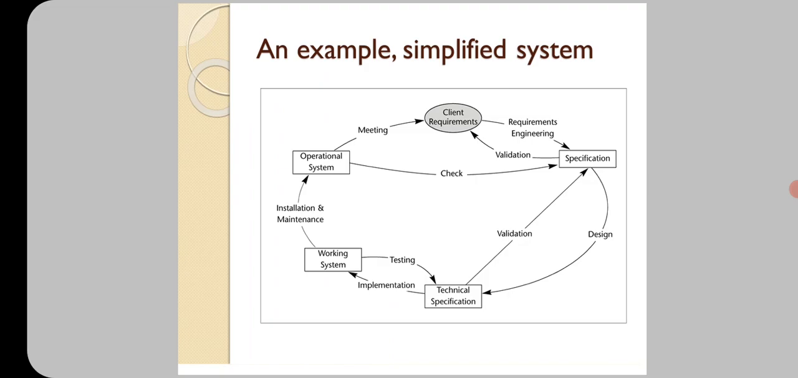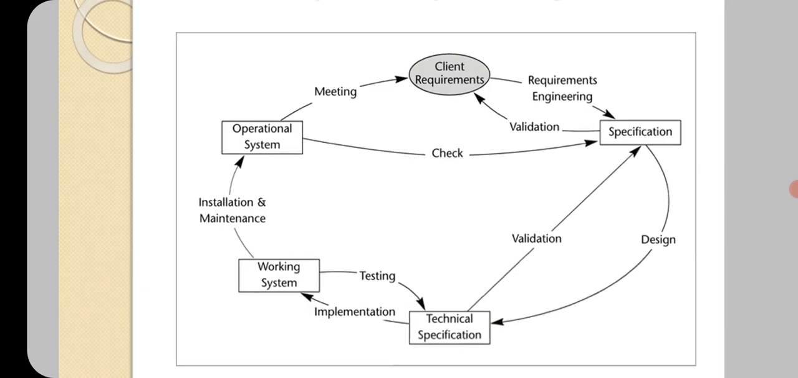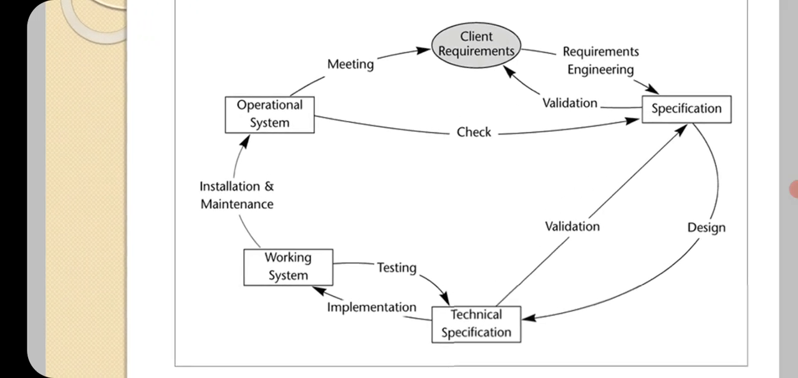So, an example of a simplified system. This is the example of the SDLC. This is a cycle, called the SDLC cycle. This diagram explains all the phases of the SDLC process. The first one is client requirements. After gathering the client requirements, requirements engineering takes place. After that, specification documents are prepared. After that, the design phase will be implemented. Generally, the design phase of the system will be